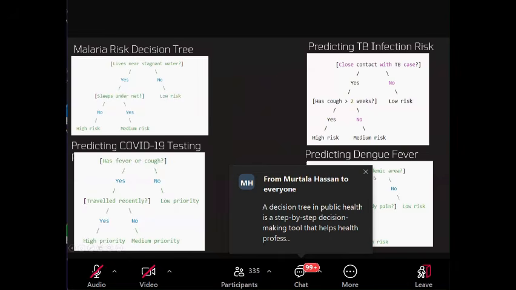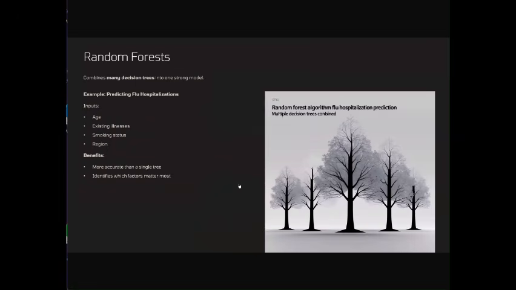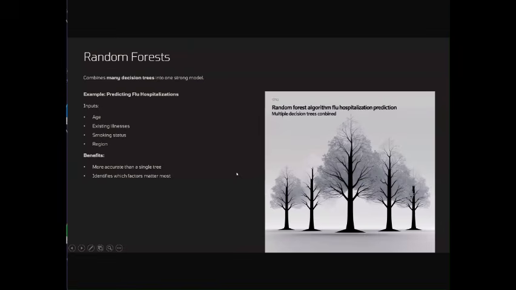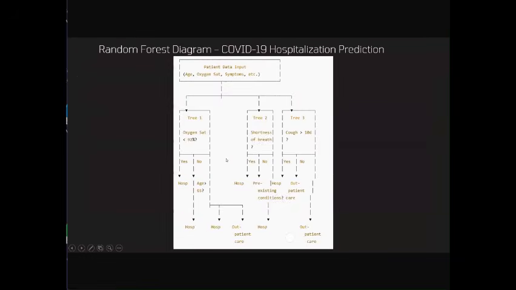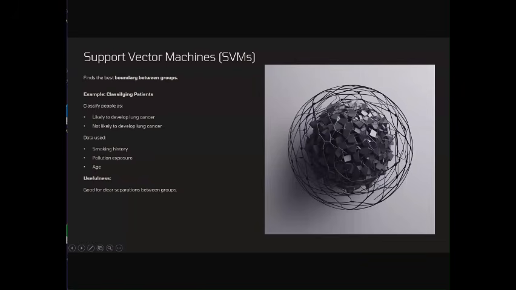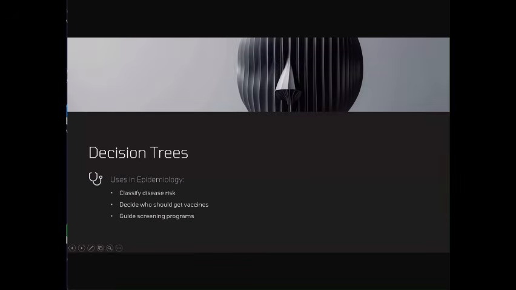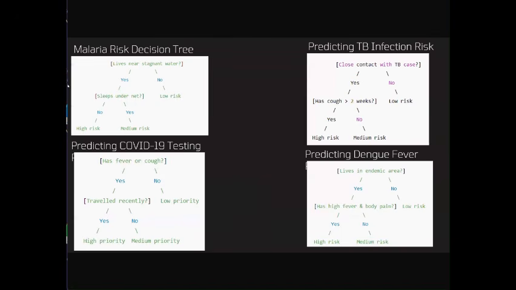I have some very good examples here. Oh, I'm sorry about that. This is what is happening. My slide is dancing. Okay. I'm sorry about that. So I have very good examples here. So look at this